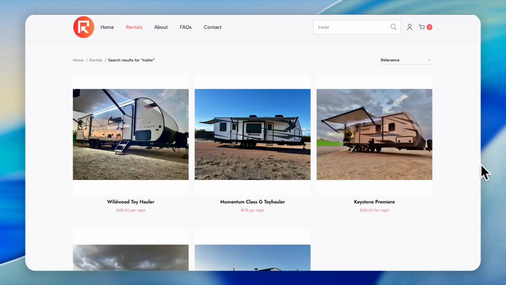Welcome to Reservity Tutorials. In this episode, we will show you how to set up seasonal prices for your rental products. Seasonal prices allows you to create flexible pricing rules based on specific dates, quantities, booking periods, products, and customer conditions. This feature is ideal for businesses that want to automatically adjust pricing during peak seasons, holidays, promotional periods, and